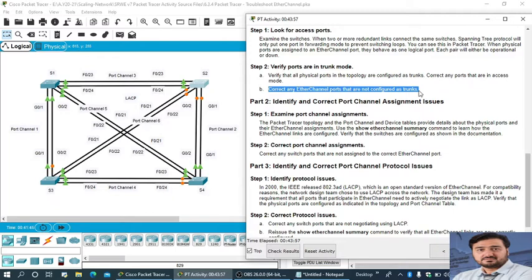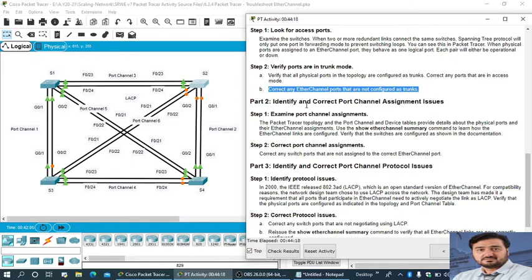So we configured port channel 1 and port channel 6 as a trunk. We verified some of the ports were not configured as a trunk, and we noticed that port channel 1 and port channel 6 were not trunk, so we made them trunk. Okay, so we have done both.